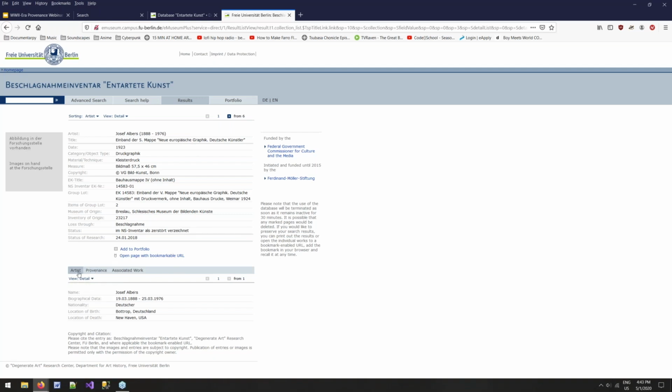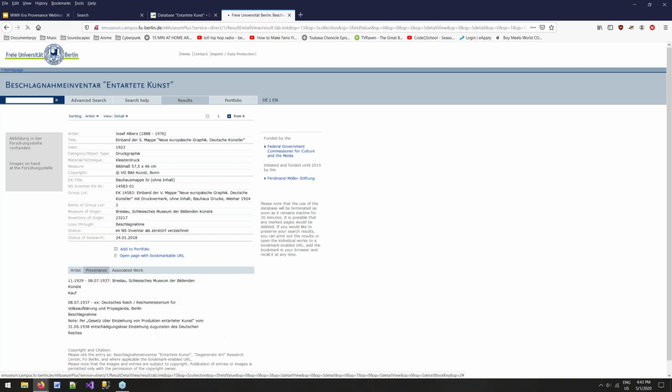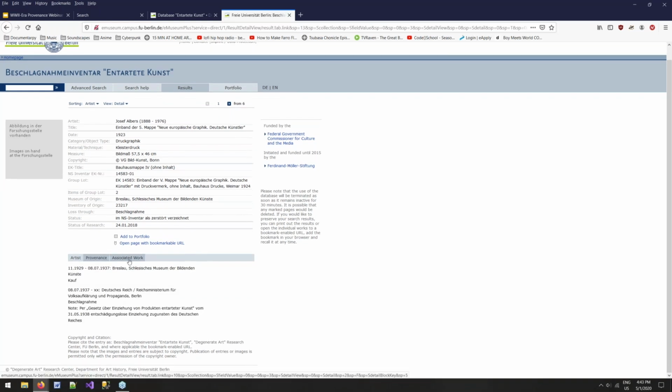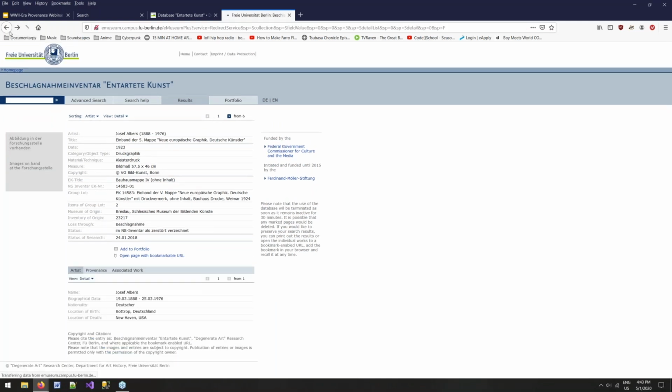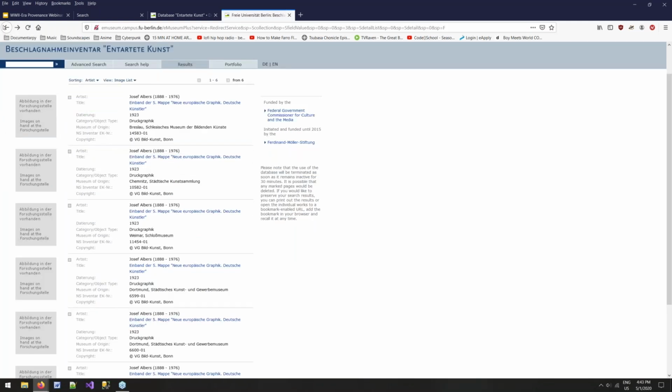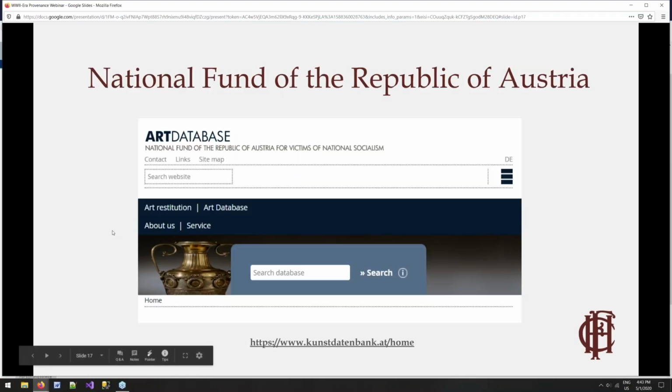And then further down, you can see the artist's name, the provenance, and even associated work as well. So it's a really great initiative. Some of them do include images as well, just not all of them. We also have the National Fund of the Republic of Austria. So for this one and also for the next one, just because I want to make sure we get to